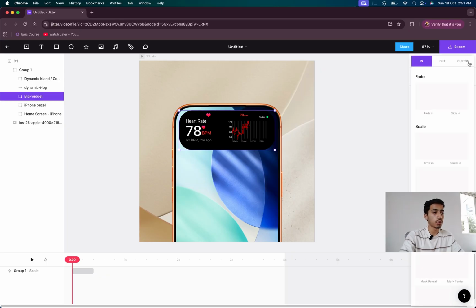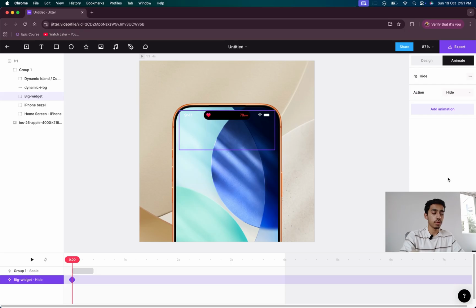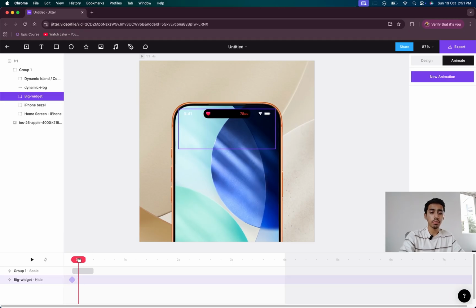How do we hide it? We head over to new animation, we go to custom, and we'll add a custom keyframe, a keyframe that either hides or shows your element. So we'll select hide show, and that is the hide animation. As you can see, our widget is now hidden. Then as we move forward,